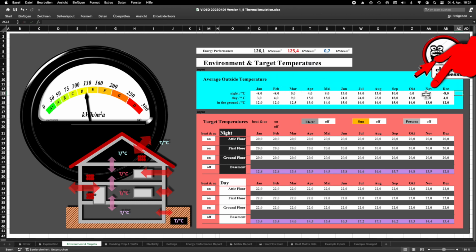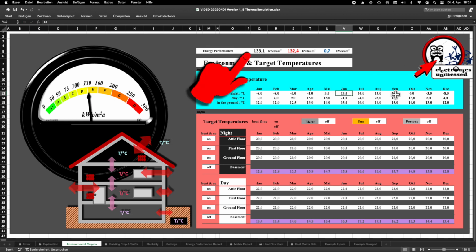We reduce the outside temperatures at night in winter by 5 degrees. Okay, at this location in the mountains, our annual energy consumption would increase from 120.8 kilowatt hours to 136.5 kilowatt hours per square meter.